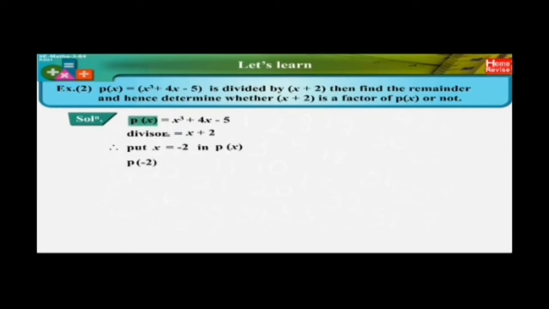Example 2. P of x is equal to x cube plus 4x minus 5, is divided by x plus 2. Then find the remainder and hence determine whether x plus 2 is a factor of P of x or not. Solution. P of x is... put x equals minus 2 in P of x. So P of minus 2 cube plus 4 multiplied by minus 2 minus 5 minus